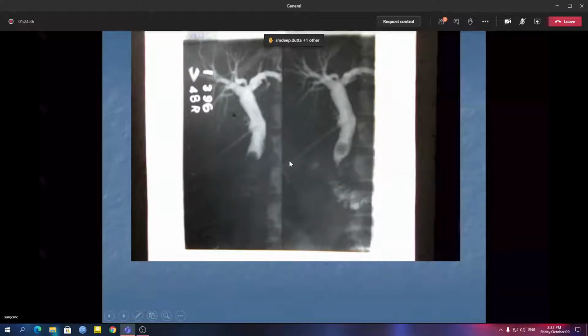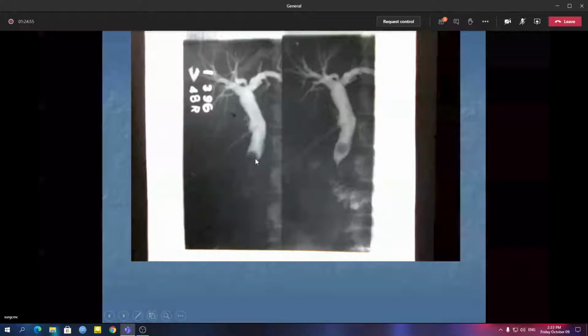This is the T-tube. Dye I have pushed. See, the extrahepatic biliary radicals are dilated. Already there is dilatation of the common bile duct. I have left a stone over here. Again, dye is pushed from here. The radicals are dilated, and again the crescent shaped upper margin.